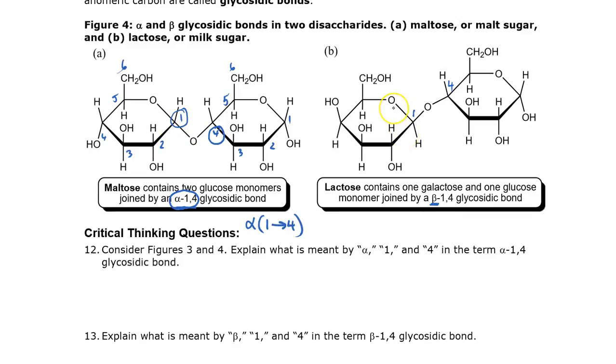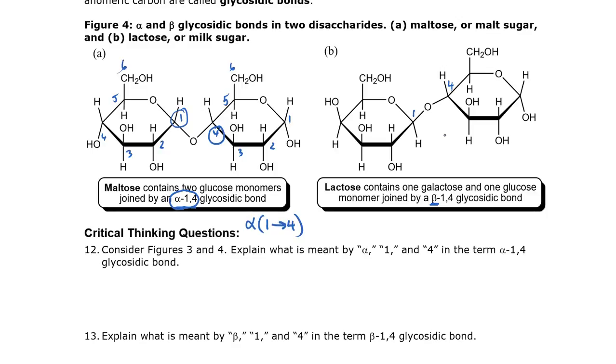So if these are food molecules, in order to digest these, an organism needs to have an enzyme that can break these glycosidic bonds. It's the same for polymers of alpha or beta glucose. You have enzymes called alpha glycosidases and beta glycosidases. There's an enzyme that breaks this down. It's called lactase. If you are lactose intolerant, then you have a deficiency of lactase.